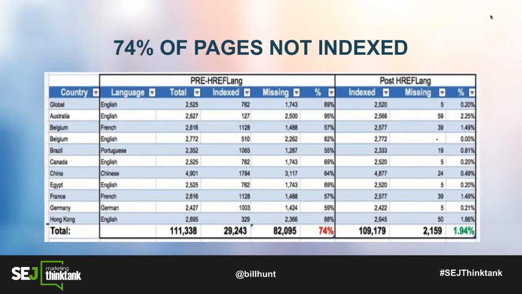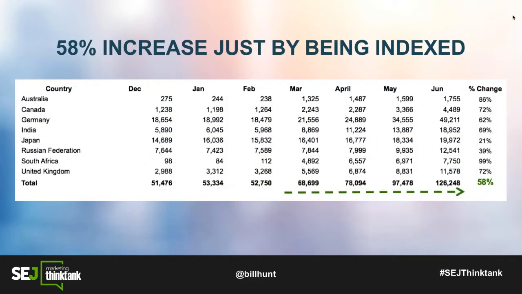Over the next 30 to 60 days, in every single market, and now nothing else was done. No on-page optimization, no link building, nothing. We had a 50% increase in traffic from organic search just by getting those pages indexed in the different markets. And so that's why, for the 46 or 44% of people that are looking at this, it's easy for you to detect these kinds of problems. For those that aren't, I'd strongly recommend that you take a look at this because it is a really effective way to increase traffic without a lot of the other things.